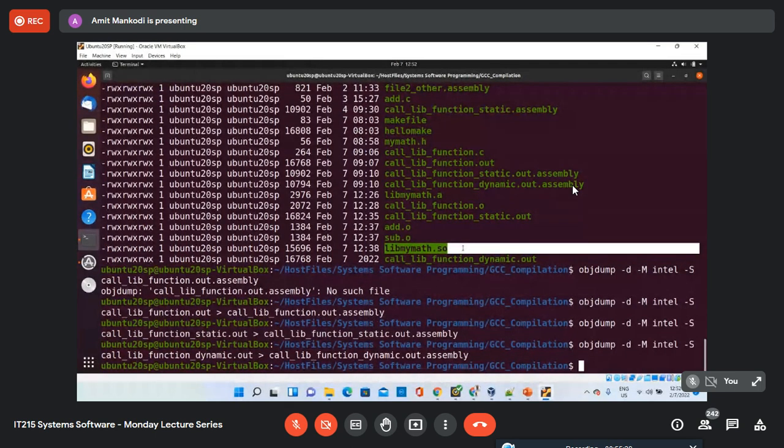These two files you have to provide to whichever user wants to use your library functions. Let's say you created some special library for image processing or whatever, and if somebody else wants to use those functions, then you can either provide the .so file, or the .a file, or both of them along with the header file.